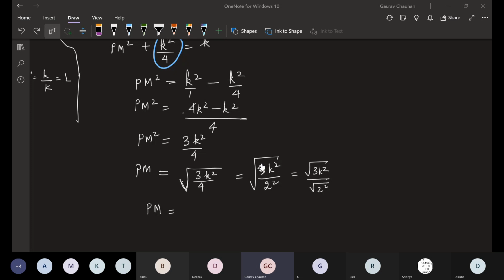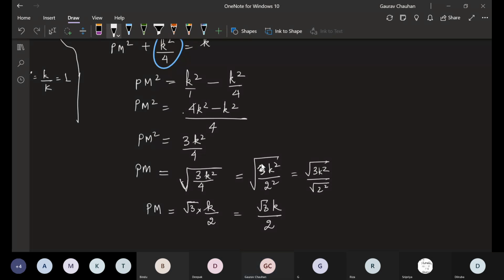Now you can do it. Yes, sir. Okay, Deepak, tell me quickly, what will the answer be? Sir, it will be k by 2 root 3. I'll just write root 3 first. That's the way to write k by 2. Okay, good so far? Root 3 into k by 2, or we can also write it as root 3 k whole by 2.